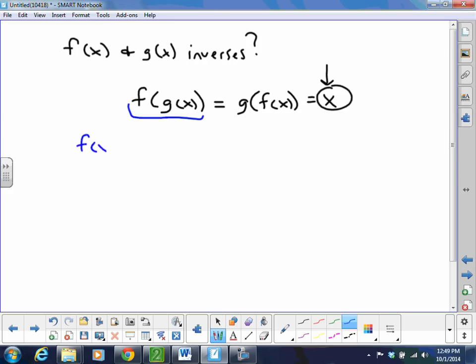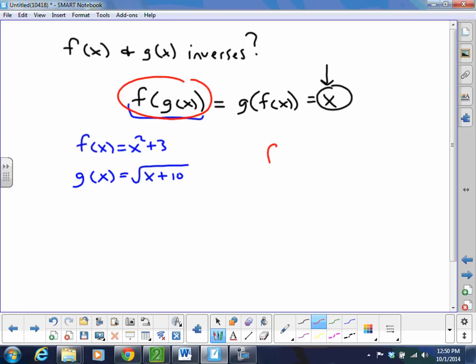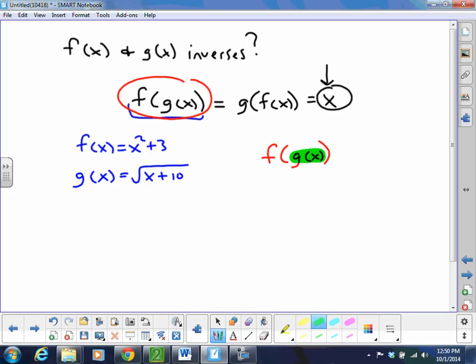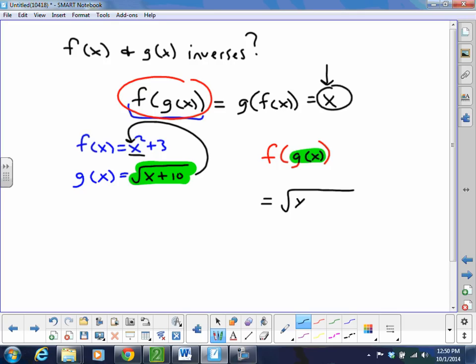And again, here were the functions. F of x was x squared plus 3. G of x was the square root of x plus 10. Okay, so if we wanted to do f of g of x, I want to do this one. Okay, what we're going to do again is take the inside function. We're going to take g of x, which is this guy here, and we are going to plug it in to f in place of its x. Okay, so it's going to look like this. It needs to be x squared, but x is now the highlighted portion, so it's really the square root of x plus 10